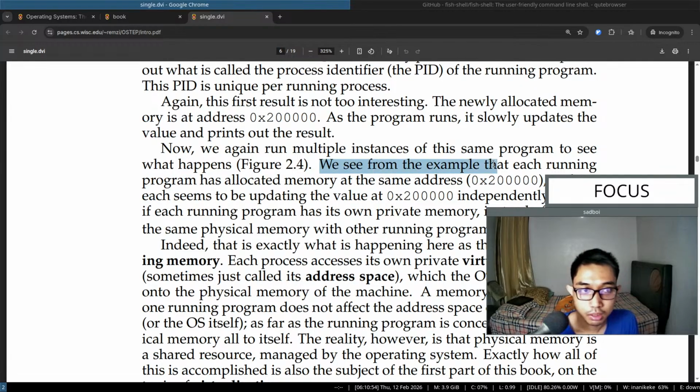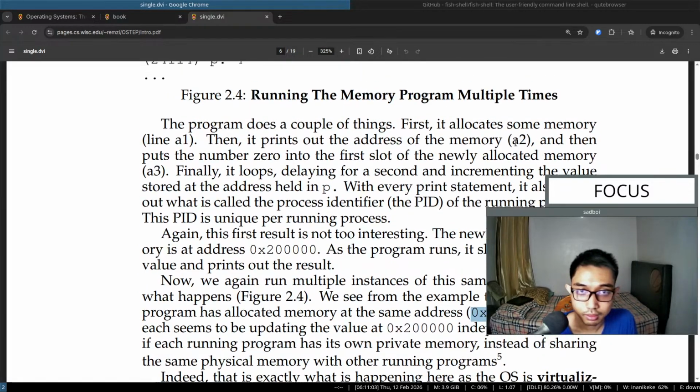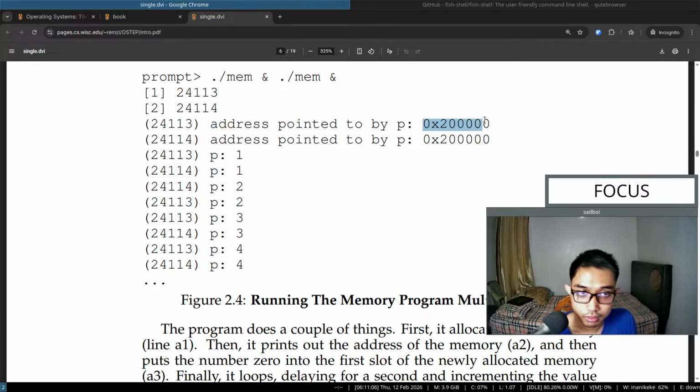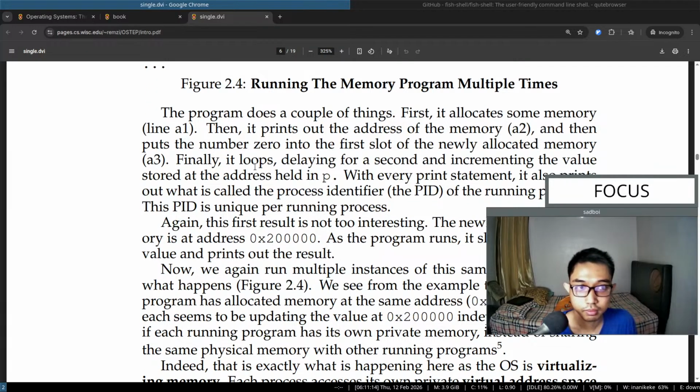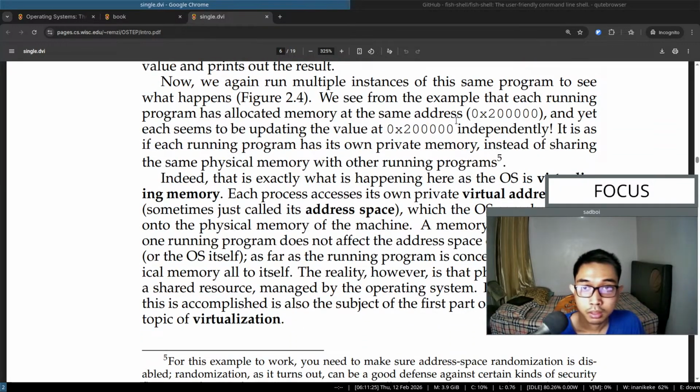We see from the example that each running program has allocated memory at the same address, even though the process is different, and yet it seems to be updating the value at 0x200000